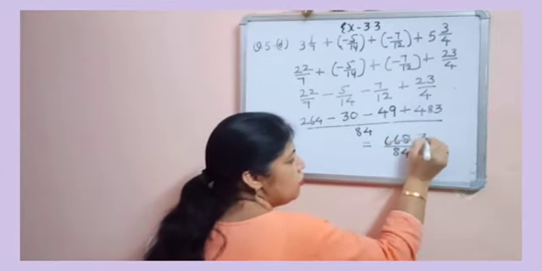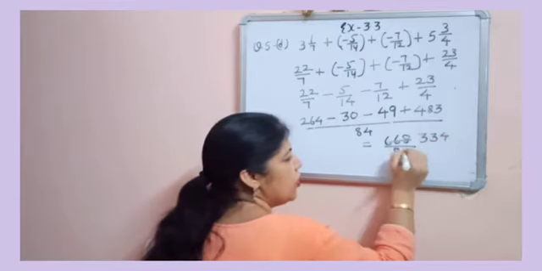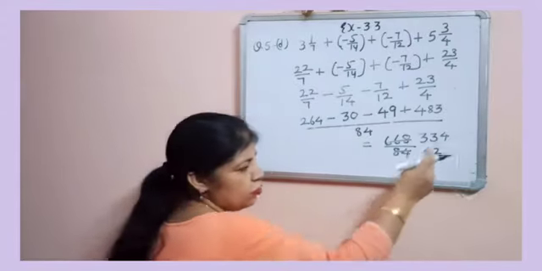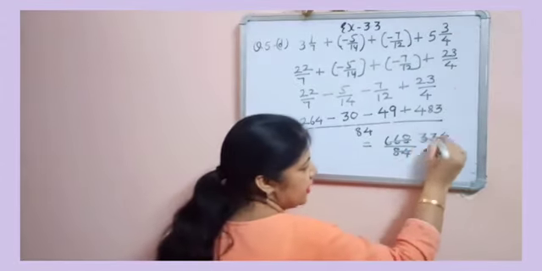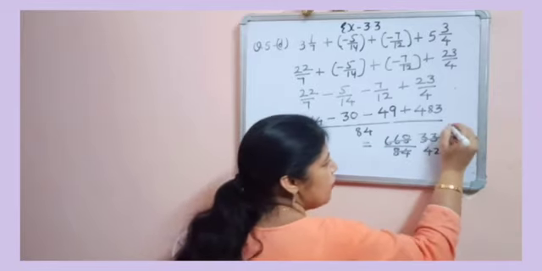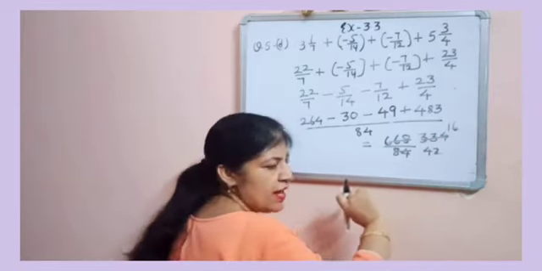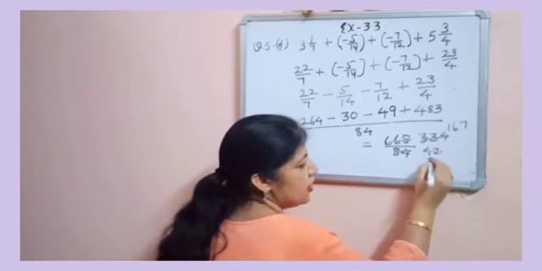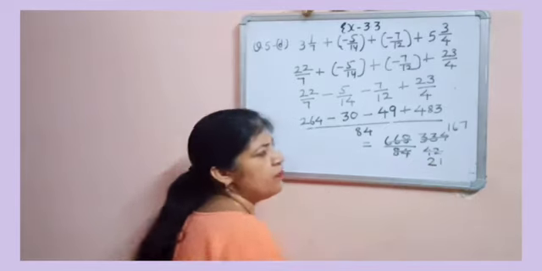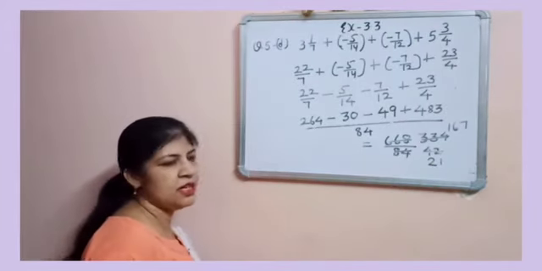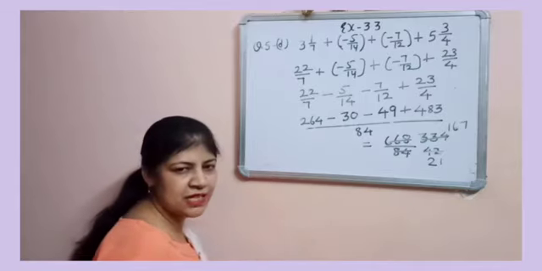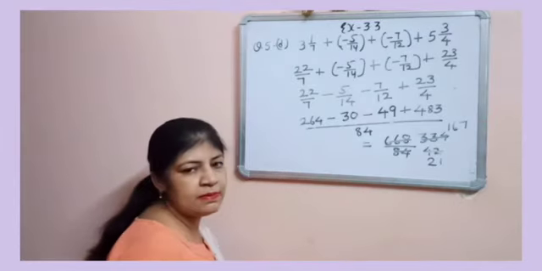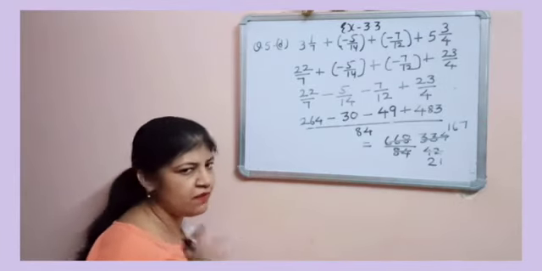So first 2, 2, 3, 2, 3, 2, 4. 2, 4 and 2, 2. Now again divisible by 2 because the last digit is an even number. 2, 1, 2, 6, 12, 1, 2, 7, 14. Now you will get 2, 2, 4, 2, 1. And now we will see whether these two are divisible by the same number or not. 167 and 21. And you know 21 is divisible by 3 and 7 and 21 itself.